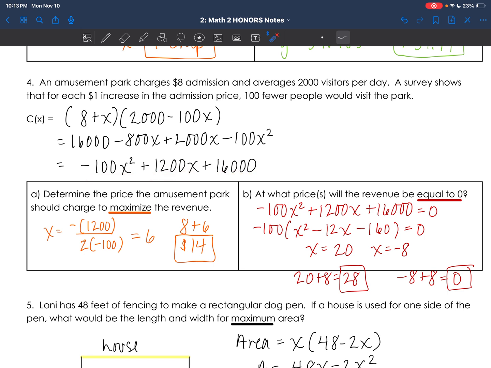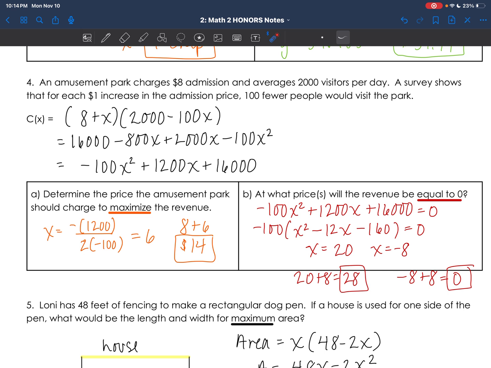All right, now that you got that, this is your equation. Now we can determine the price to maximize the revenue. So here, all I did was negative b over 2a, and I just took from my equation, and I got x equals 6. Well, if we were to plug in 6 here, you're going to get 14. All right, and then here it says at what price will the revenue, so that's what we're looking for, is the revenue,